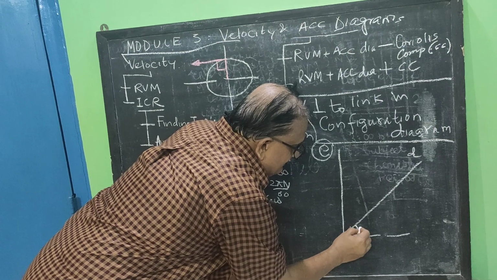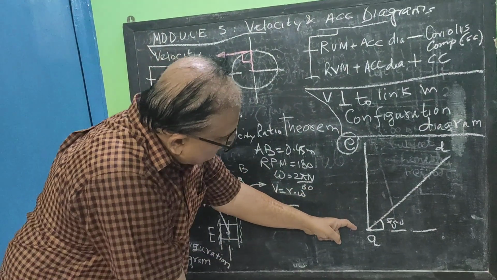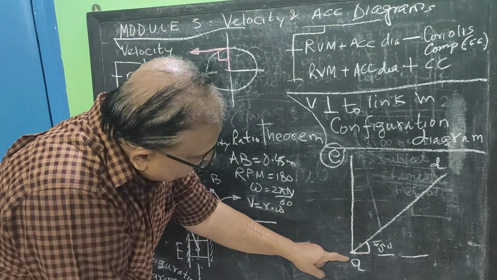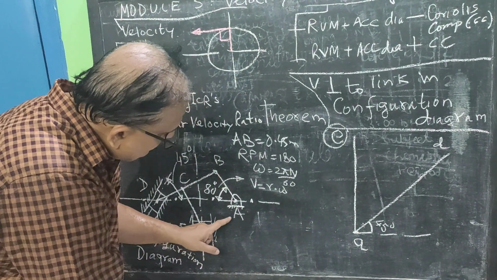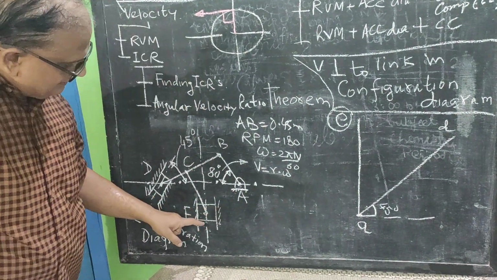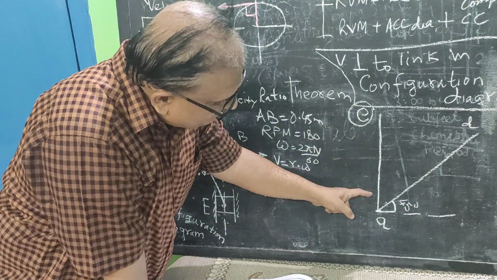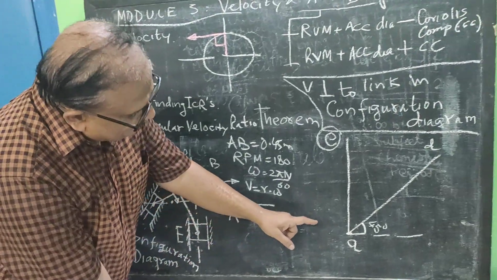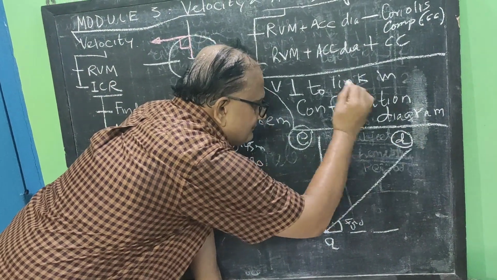And how much is this angle? This angle is 45 degrees. Why? Velocity of that particular slider will always be vertical with respect to this fixed point. Here I am writing down in short, here it is capital, here it is small, here it is capital. This slider will always move in a vertical direction, so I will draw this line, and somewhere on this line I will find a point E. This particular slider will always move at an angle of 45 degrees, and somewhere on this I will find the point D, and I am circling it like this.